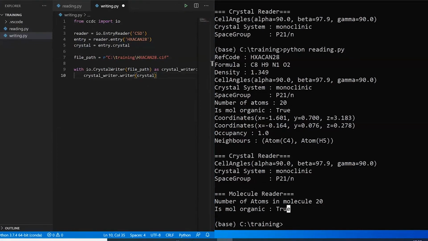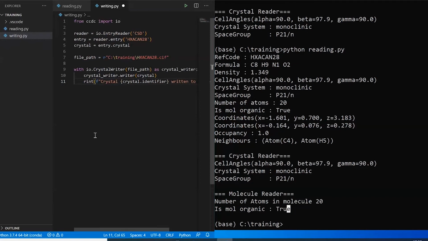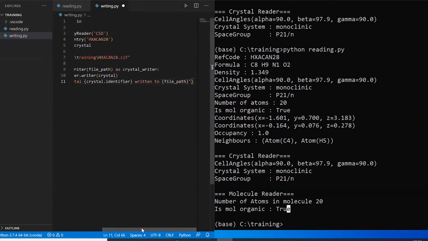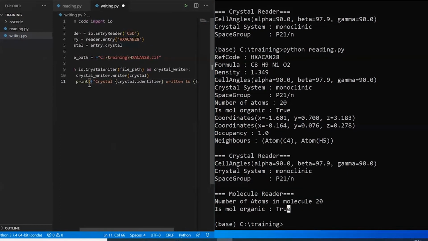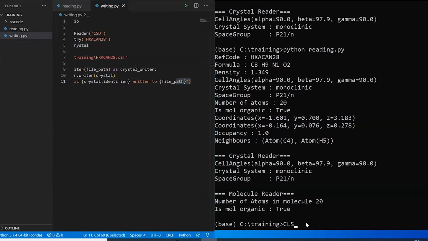What I always recommend is that you really tell your command prompt, or whatever you're printing out to, what you've just done if you've made a file. So here I've just tried to grab it into one line. I've basically said print out crystal identifier has been written to, and then the file path. So then I know that that's been done. If I run that,